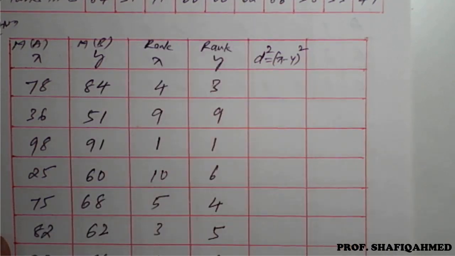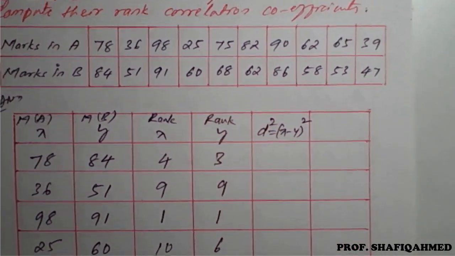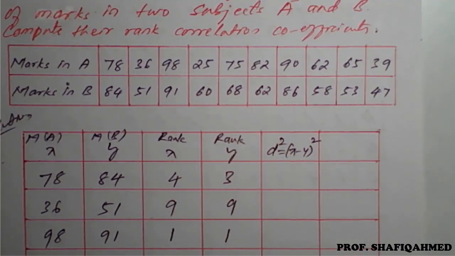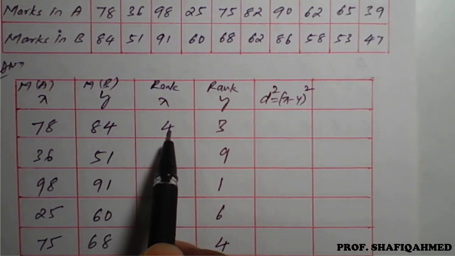In the question you have to read carefully what they have given: whether they have given ranks, or marks, or any values. If they have given values, we need to convert those values in terms of rank. Rank is usually in terms of the number of data. We give the rank from highest value to lowest value and get the values here. So these are the actual x and y rank values.